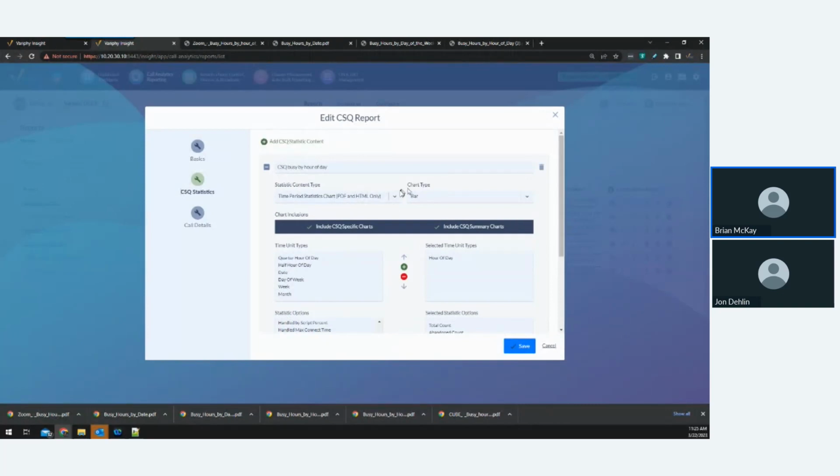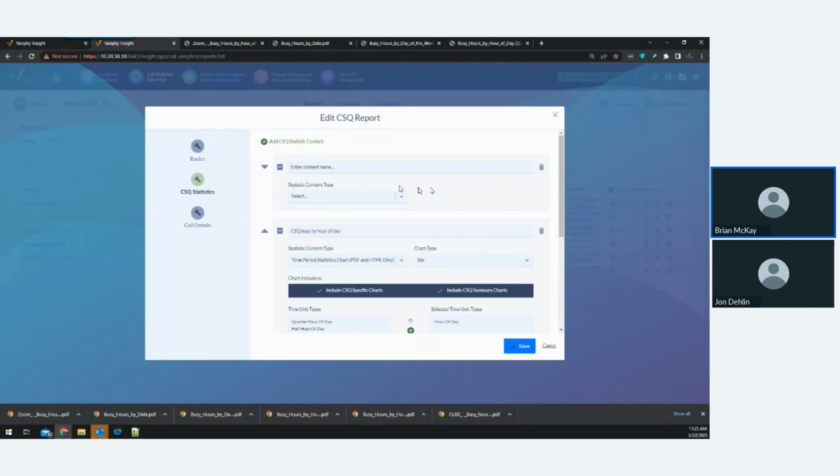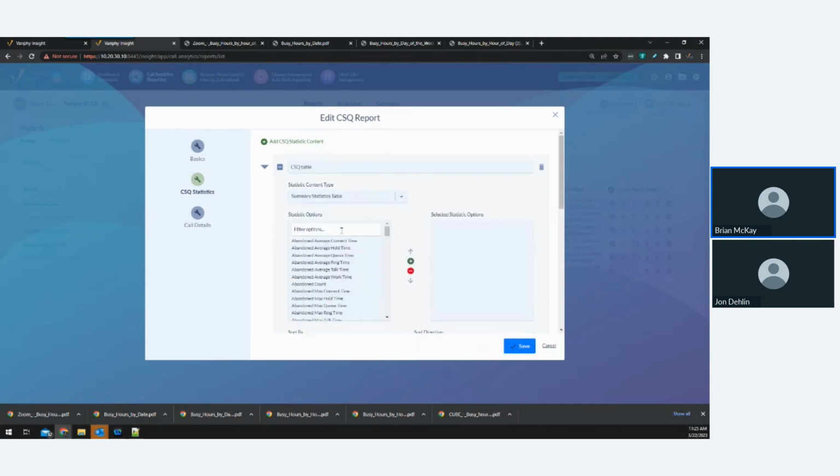This is doing the chart. If you want to build a table as well, you could just do CSQ table. That's what any description really. And then you can do summary statistics table, and same thing, total